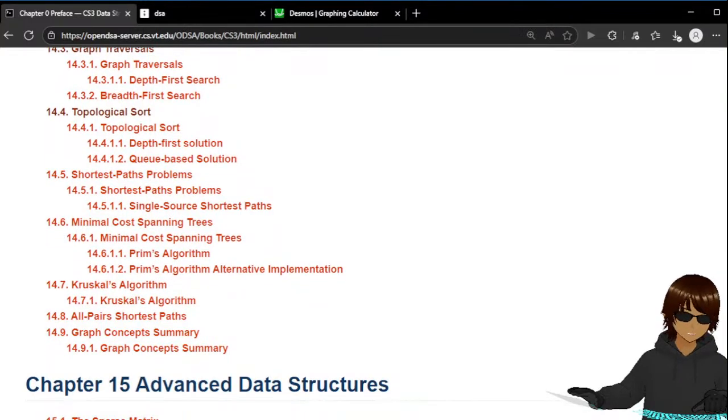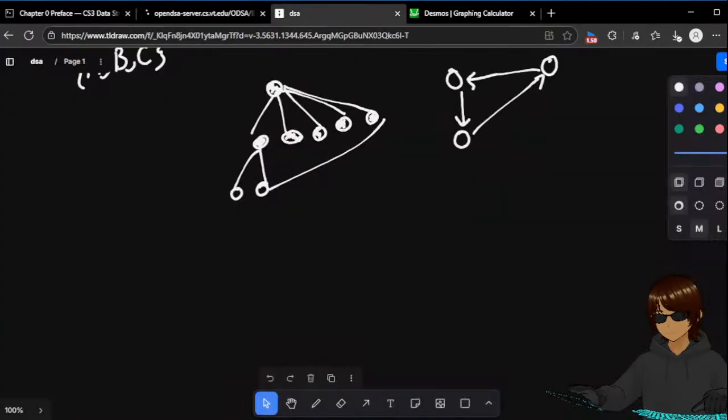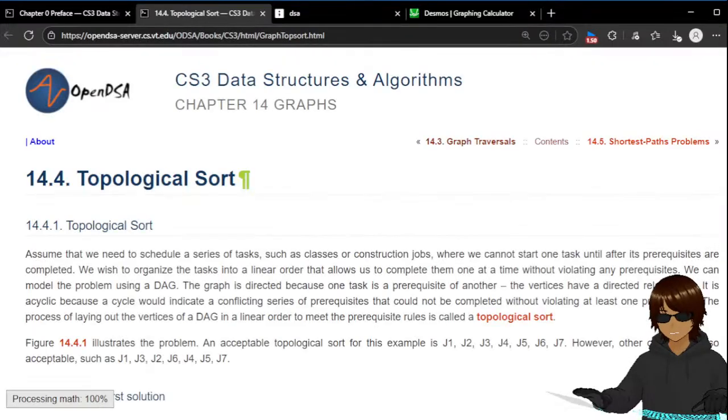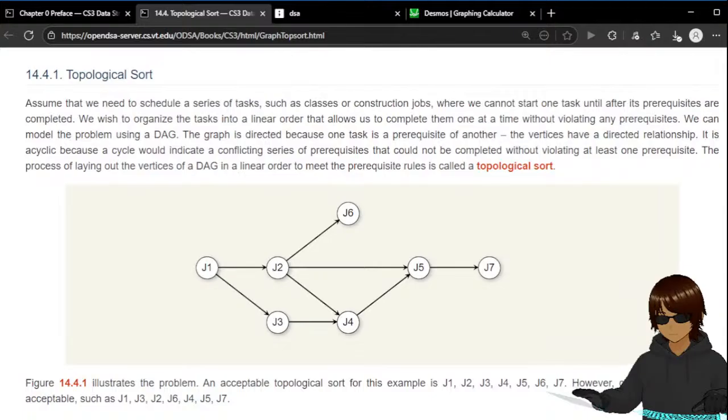Anyways, so let's start with this topological sort. So over here it says they want to print all the vertices, but it has to be like this. J2 cannot be printed before J1. The vertices coming after should not be printed before the vertices that come before. So